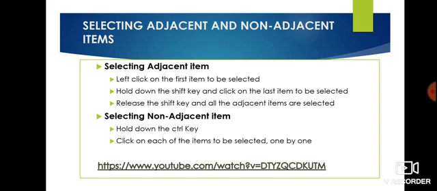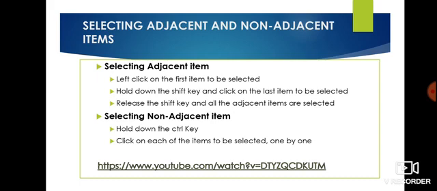Suppose I select the first photograph, then the third, then the 10th, then the 25th, then the 13th. You do all this while holding the control key. This way you can select each and every non-adjacent item.